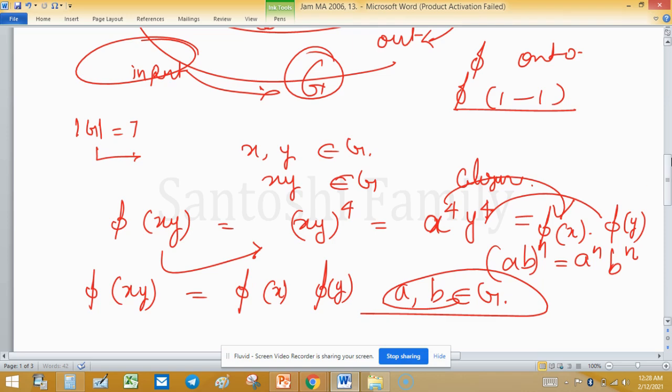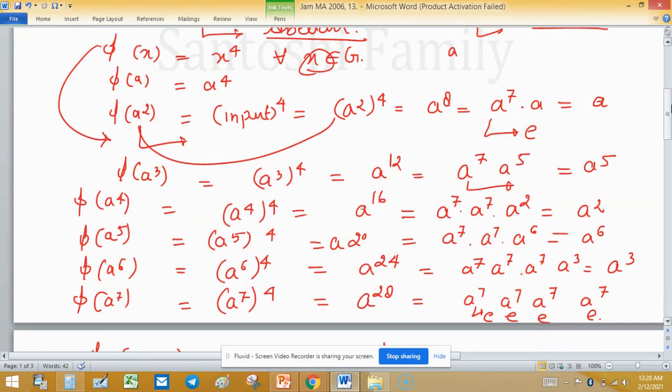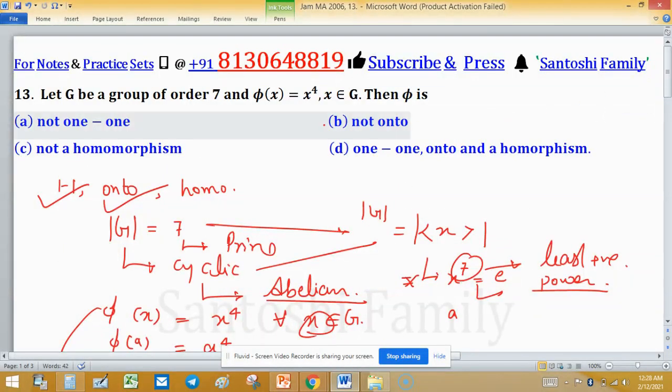So phi is a homomorphism, and these are arbitrary elements. So the first three options are discarded. So the correct option is,